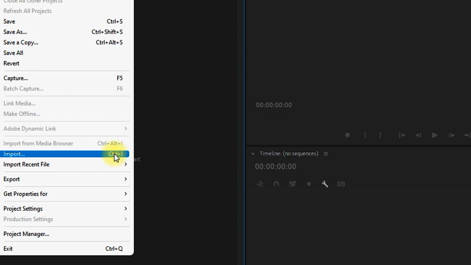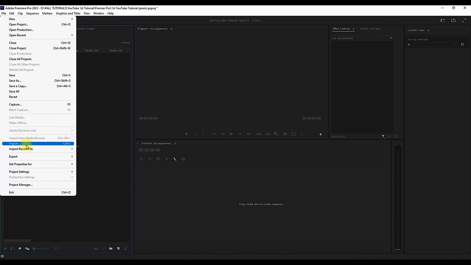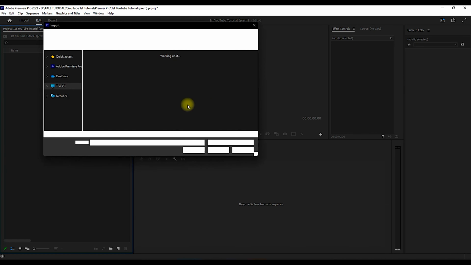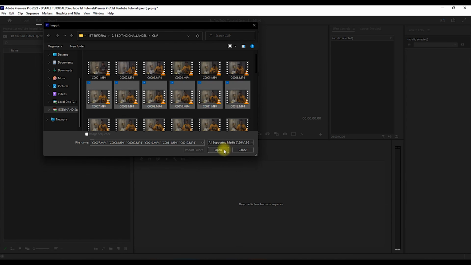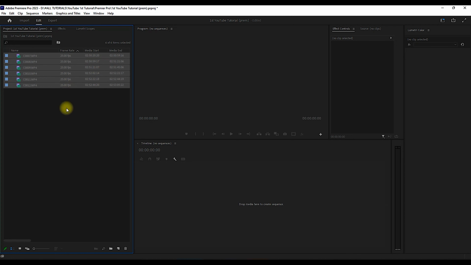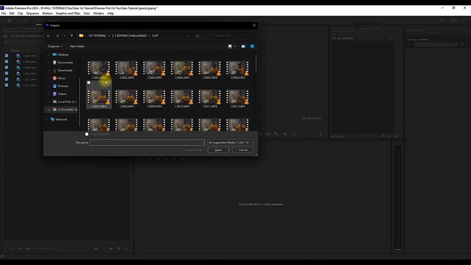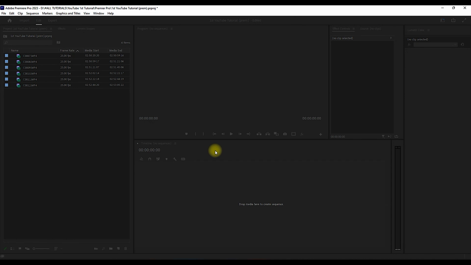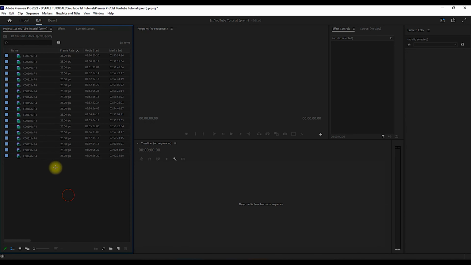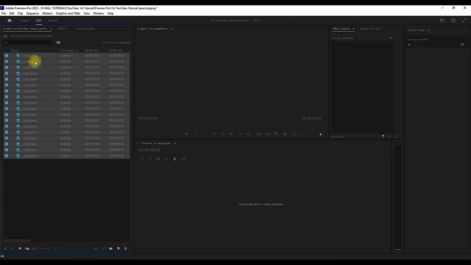And you can see the shortcut here, Ctrl I. So this means that whether I click on this import or I hit Ctrl I on my keyboard, it is going to produce the same result. So let's go ahead and click on import. You will notice that it will open up a new window for us to select the clips we wish to edit and clicking on open. If I click open, once again it's going to import those videos to Premiere Pro. Or you can still hit Ctrl I on your system and it will open up the same window for you to select the videos you wish to edit and hit import. These clips over here are the videos which we have imported into Premiere Pro.